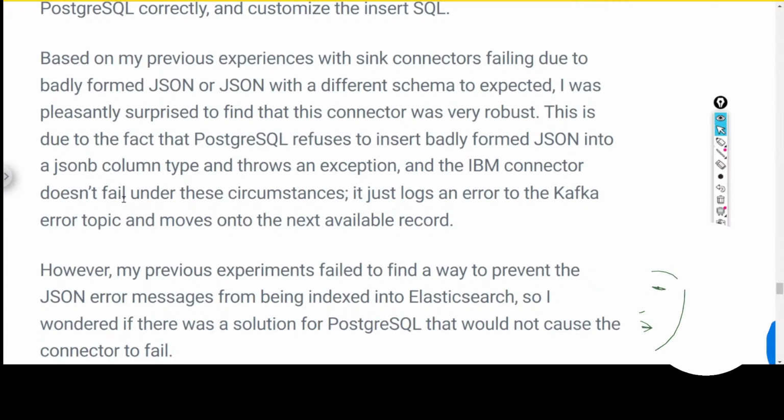I was pleasantly surprised to find that this connector was very robust. This is due to the fact that PostgreSQL refused to insert badly formed JSON into JSONB column types and throws an exception, and the connector doesn't pair